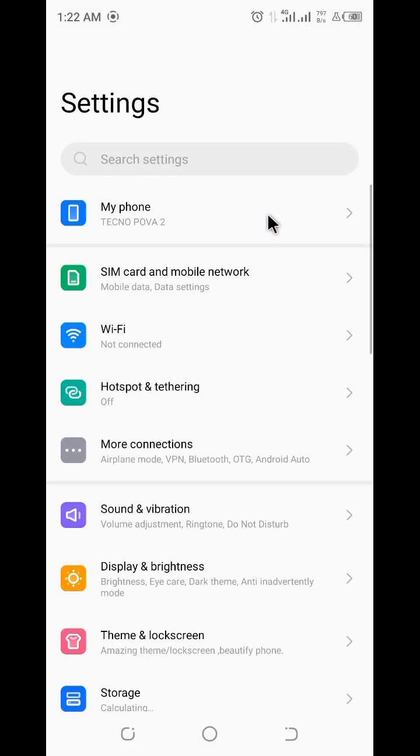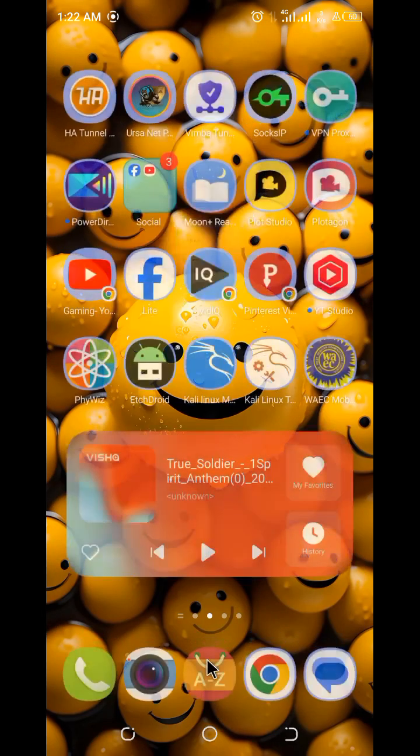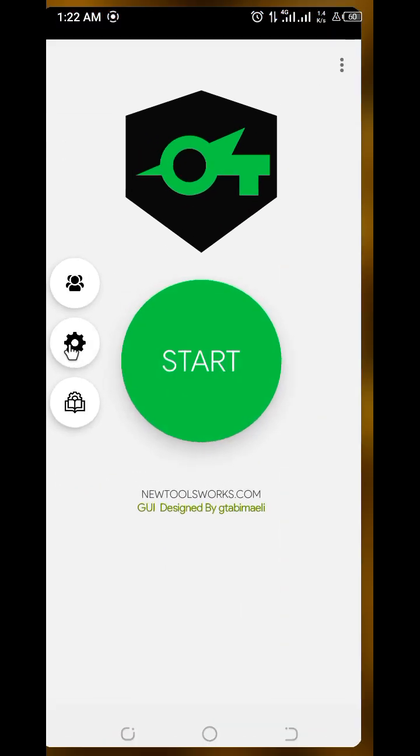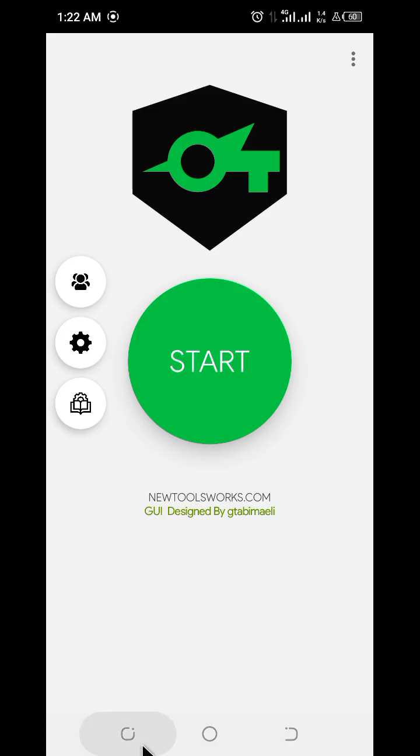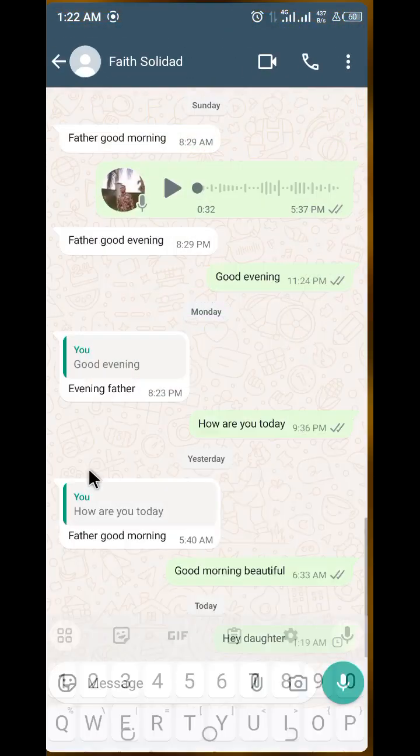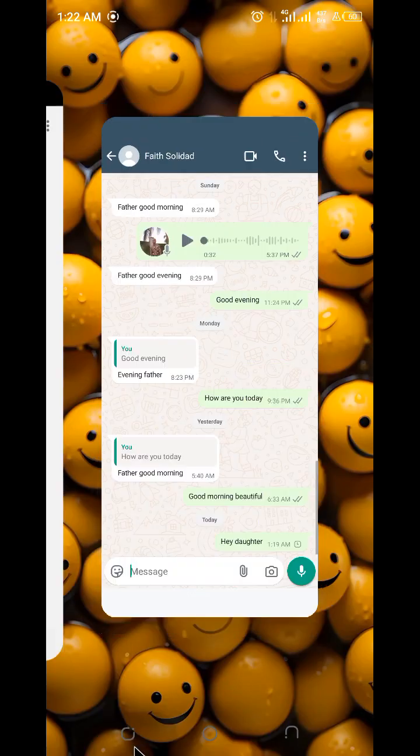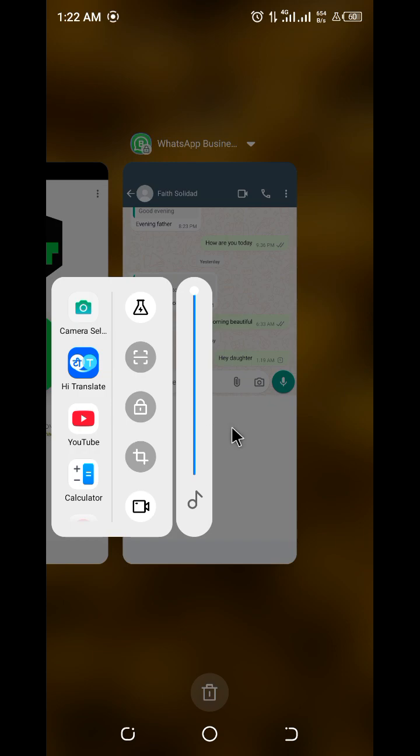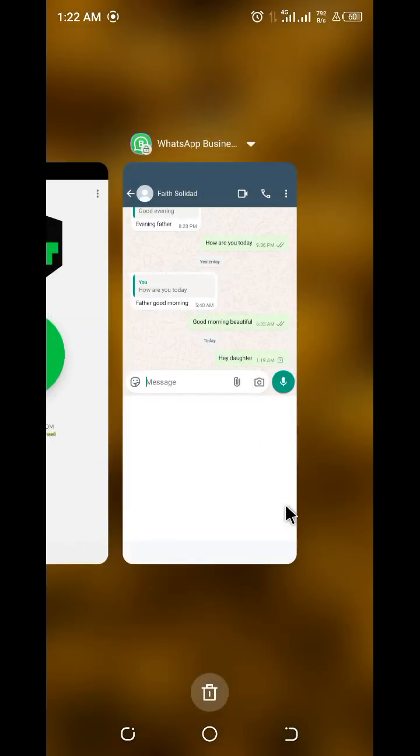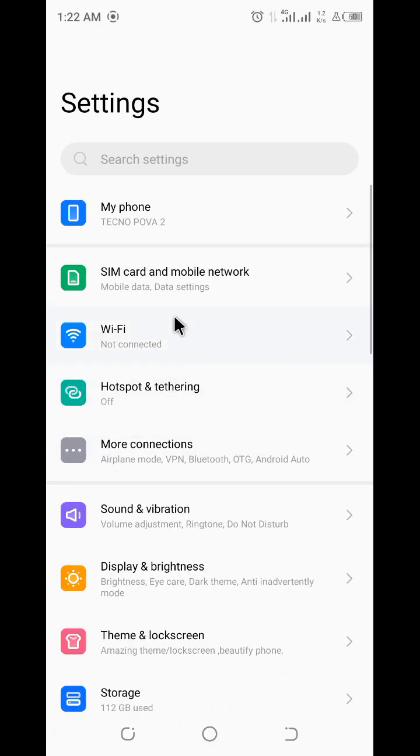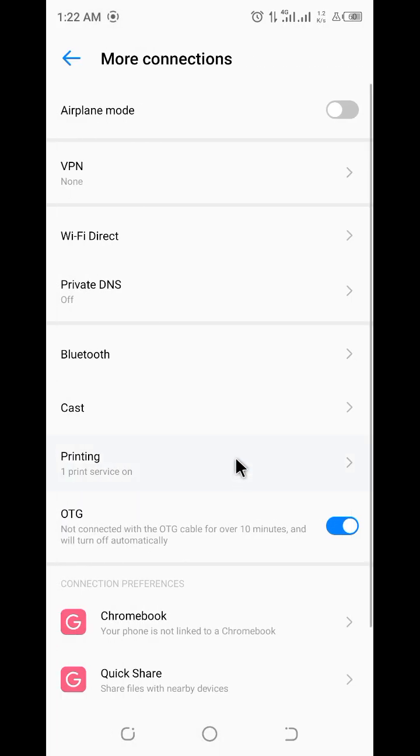So let's say again it's always connect. Now let's first get into our WhatsApp and see if our message has gone. Okay, so this is our message. It isn't gone. Don't open this thing now. This thing is disturbing. Okay, so now get into more connections, and I want to